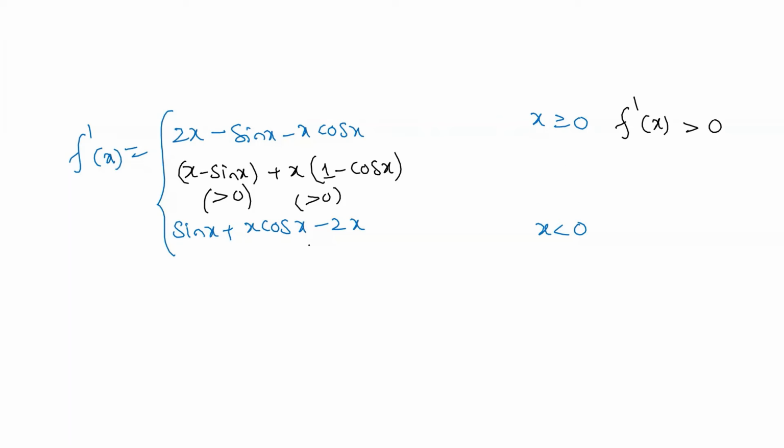And similarly, you can talk about the second case also, when x is negative. So what can we write here? Again, the same type of clubbing. I'm going to write this as sin x minus x plus, and from the remaining two, I'm going to take x common, and this is going to come as cos x minus 1. That is what we are going to get.